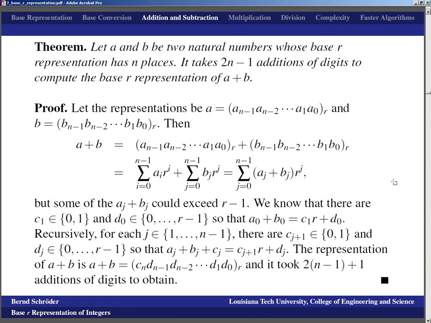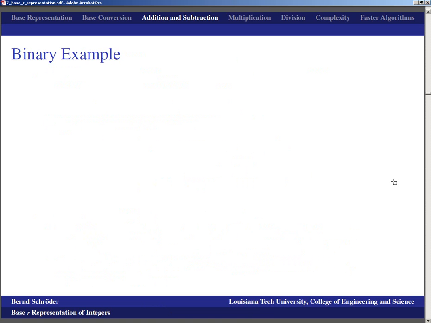And that should be the theorem. Yes, that's it. Okay, so in binary, that would work like this. If you take the number 0, 1, 0, 0, 1, 1, 0, 1, 0, 1, 0, and you add to it 0, 0, 1, 0, 1, 1, 1, 0, well, 0 plus 0 is 0, 1 plus 1 is 0